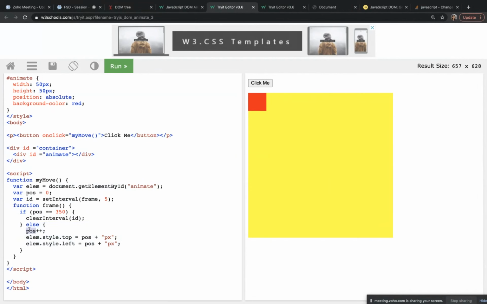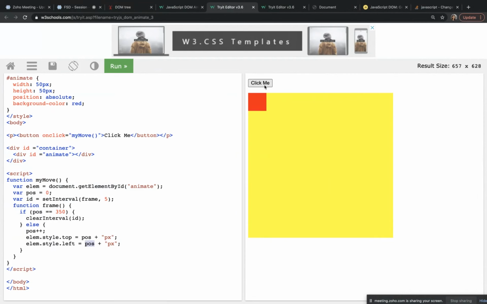Position will become 1. It was 0, so it will become 1. And then element.style.top. What is that element? Animate. Using style, they are changing the top of this element to 1 pixel. So first it is 0 pixels.